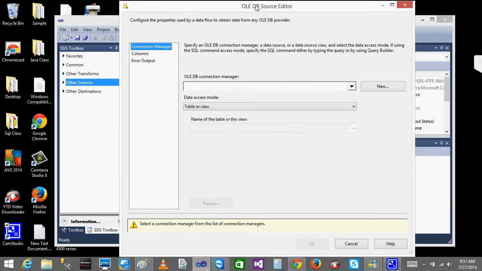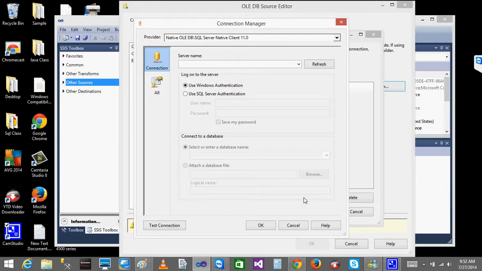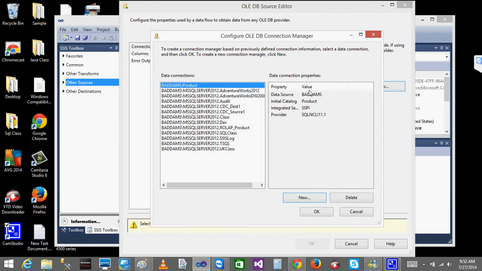So I can do it in two ways. I can create a new connection. That is the one thing. Already I have created, so you can see them. By default, it will show all the stuff which you have created. If you created anything prior, then it will be showing that stuff. But I have not created anything, so I'll just click new. Once you create, then automatically next time it will be showing here as a history of what you have created. So I'll just create new.